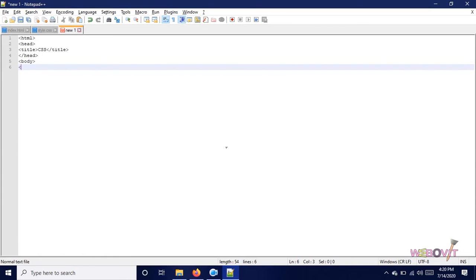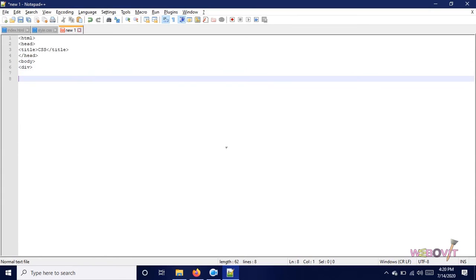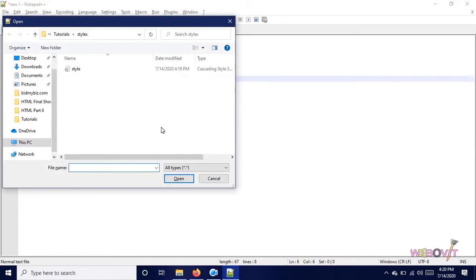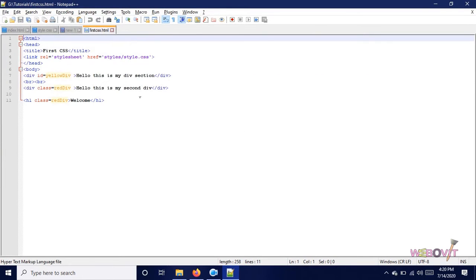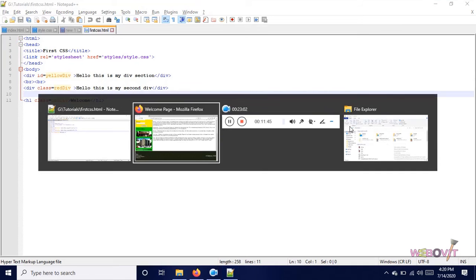Suppose I have a div section. I had one file, and I would style it in that file. This one is first.css, and I will show you the preview of this file also.